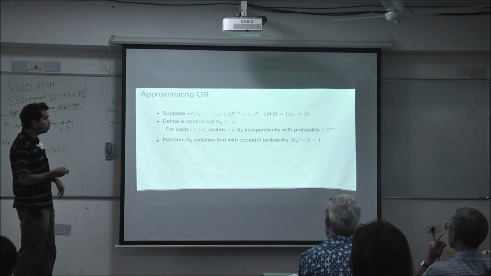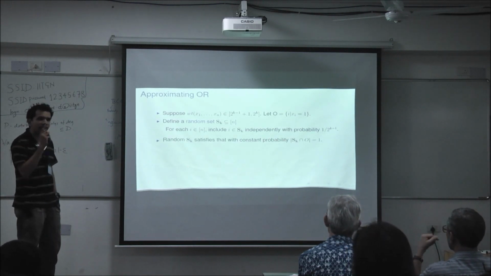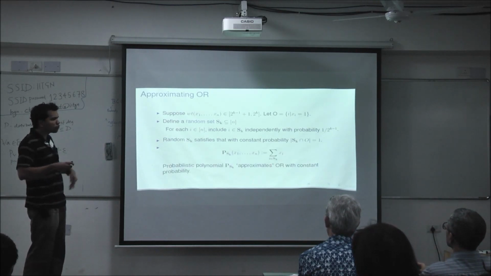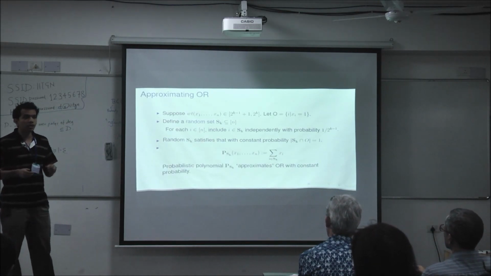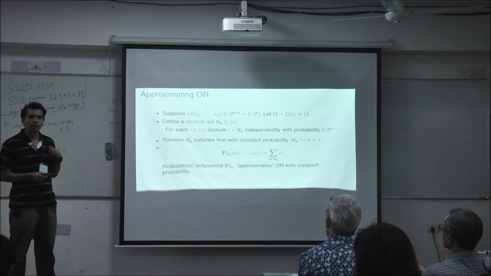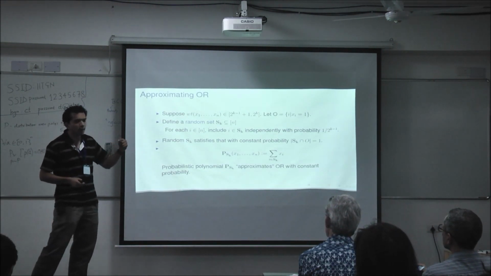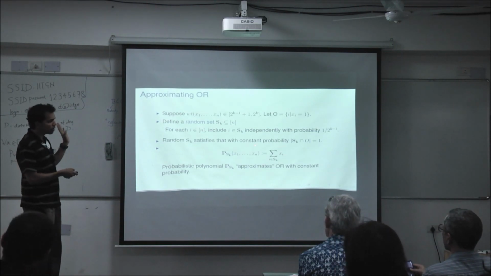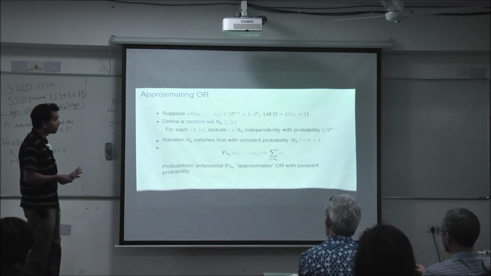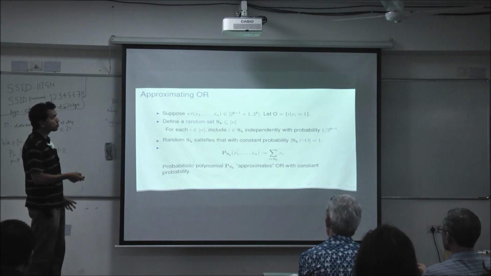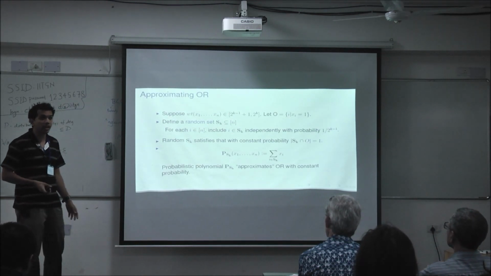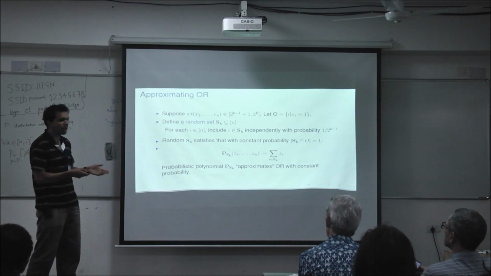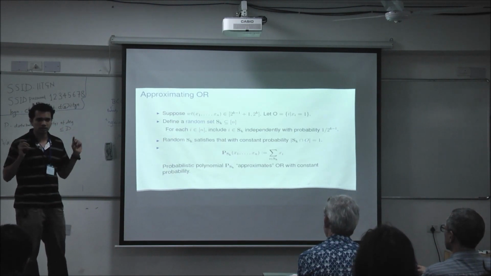So with constant probability, our set is going to contain exactly one element of O. So what can we do when that happens? Well, assuming we are lucky and exactly one element of O landed up in our set, we just sum the bits. Now, if the original input was 0, then the sum is anyway 0, so the OR is correct. But if the original input satisfies this promise that the weight is between 2 to the k minus 1 and 2 to the k, and further we are lucky enough to sample exactly one of the indices where it's 1, then the sum outputs 1, which is the right answer.